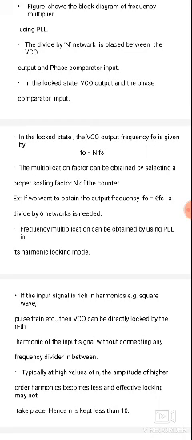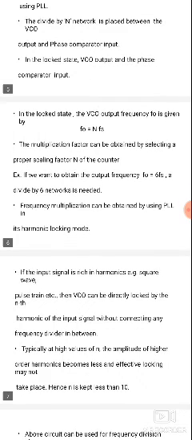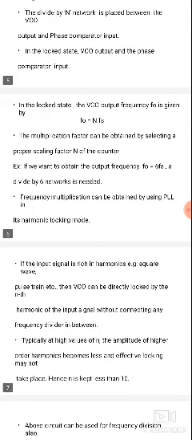So we are using, for example, 6 into Fs. The number of inputs is 6 into Fs, the source frequency, or we are using 3 into Fs. 3 is the number of inputs and Fs is the signal frequency, F0 is the output frequency. So the multiplication factor can be obtained by selecting the proper scaling factor of the N counter. So multiplication depends on the N value. If we want to obtain output frequency F0 equal to 6 into Fs,